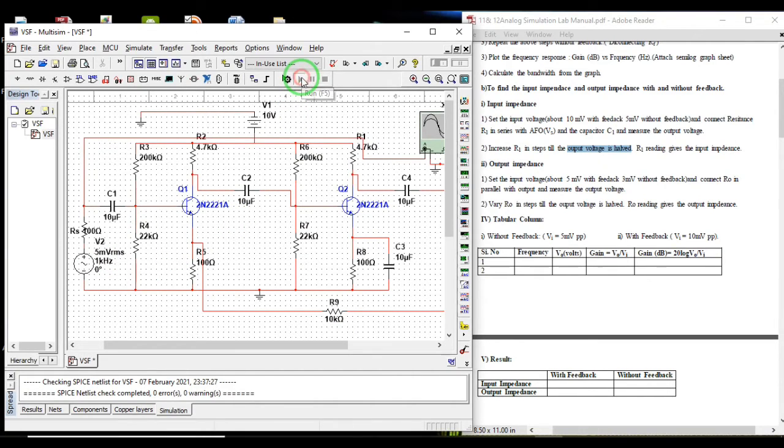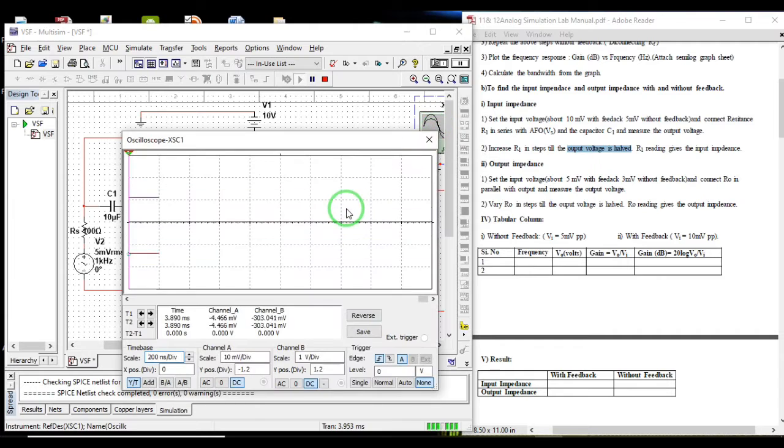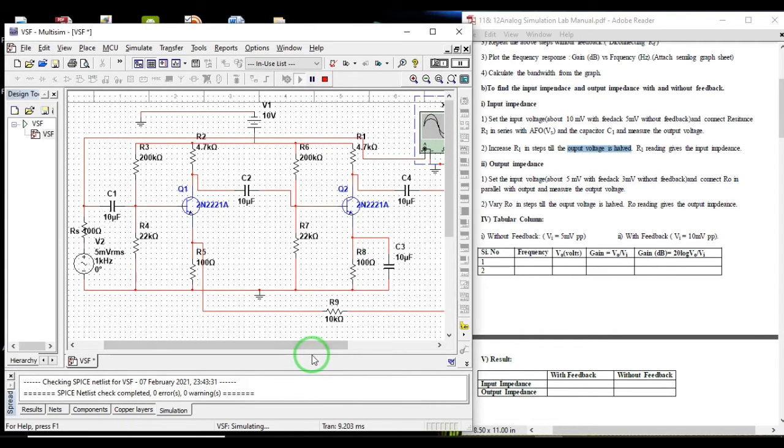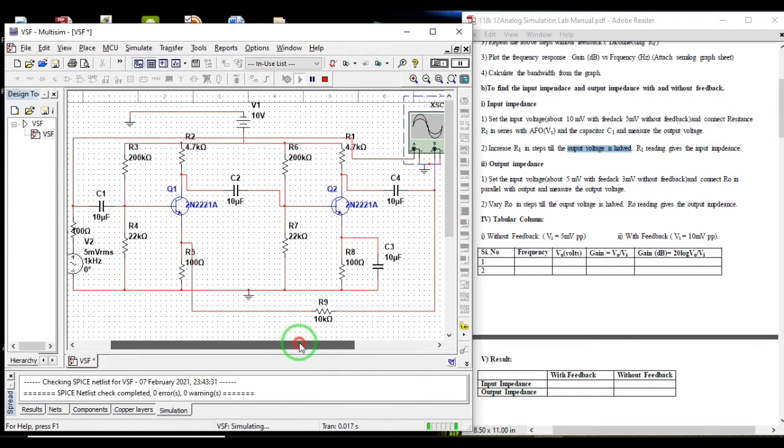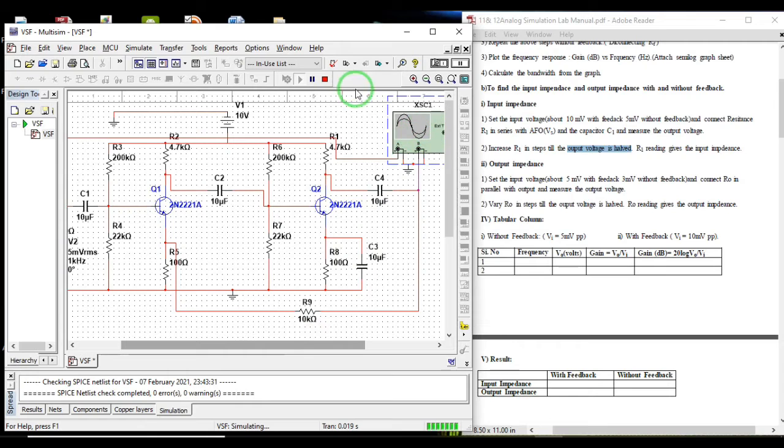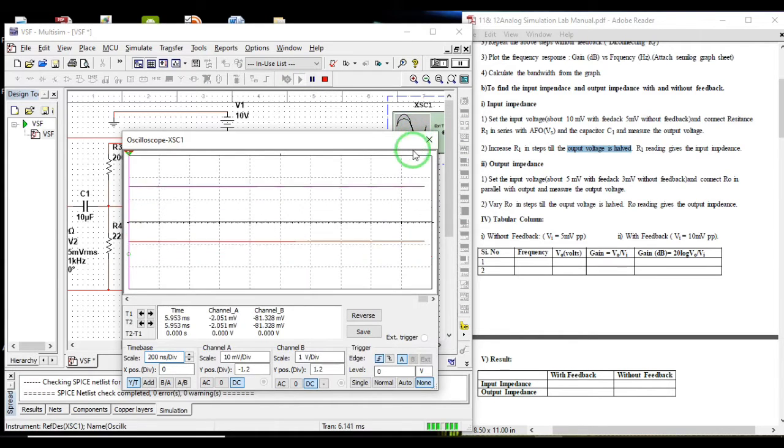Now we'll run it. Okay, stop it, run it once again.